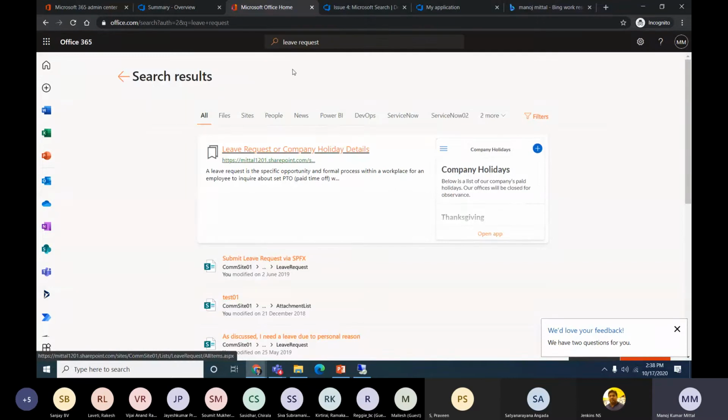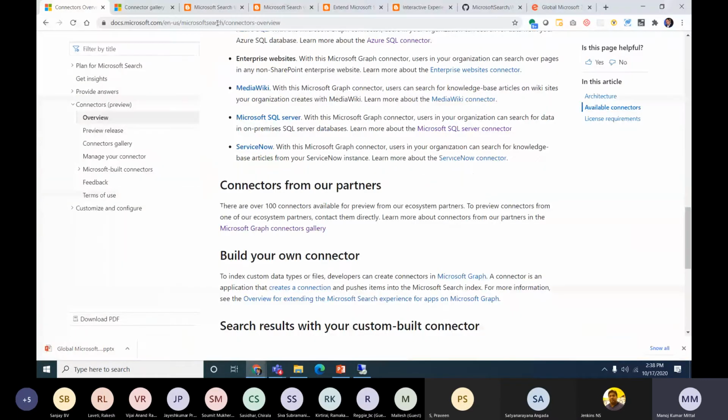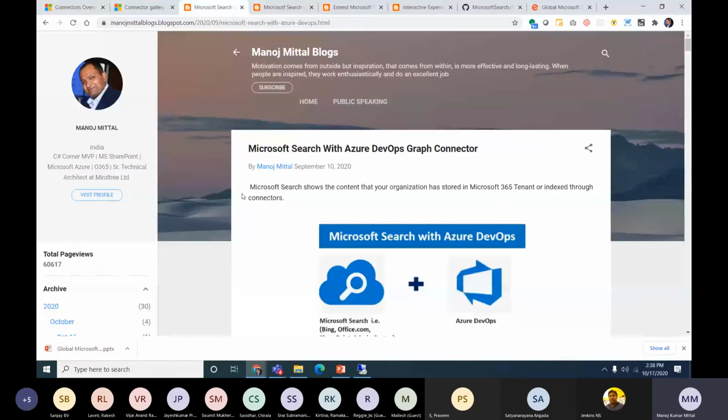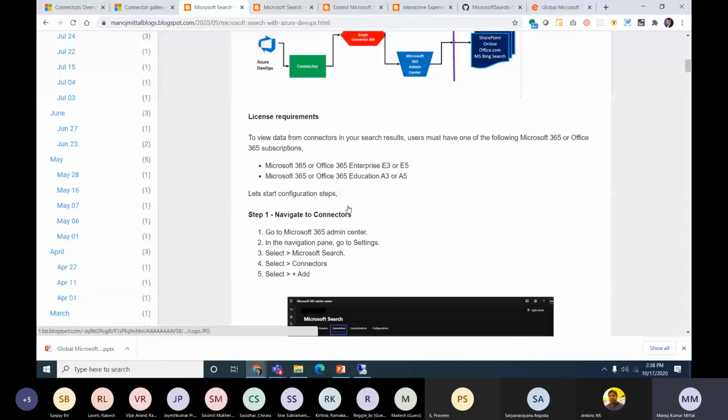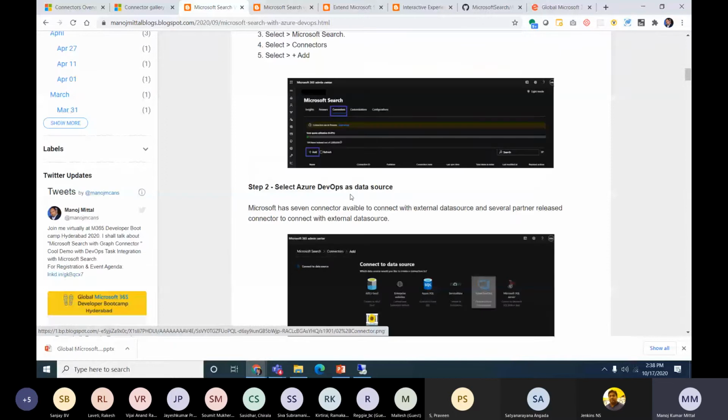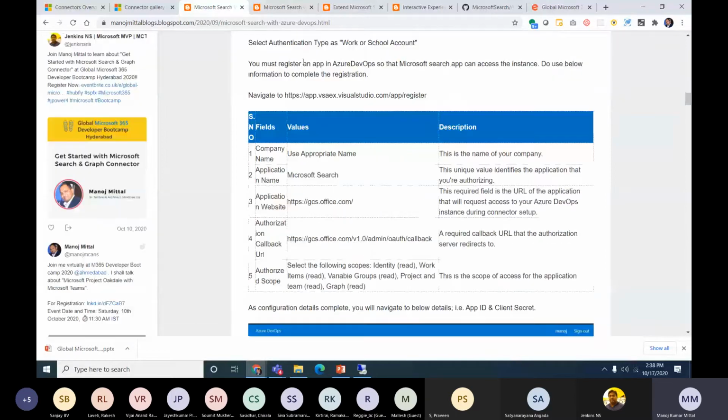All right. So let us quickly jump to the demo. Before the demo, I will just go back to this particular article. I'll post this link in our chat window. People can go through it, and it's very well documented. What are the steps I'm going to perform? You will get all the steps here step by step. I also follow some steps from here itself.